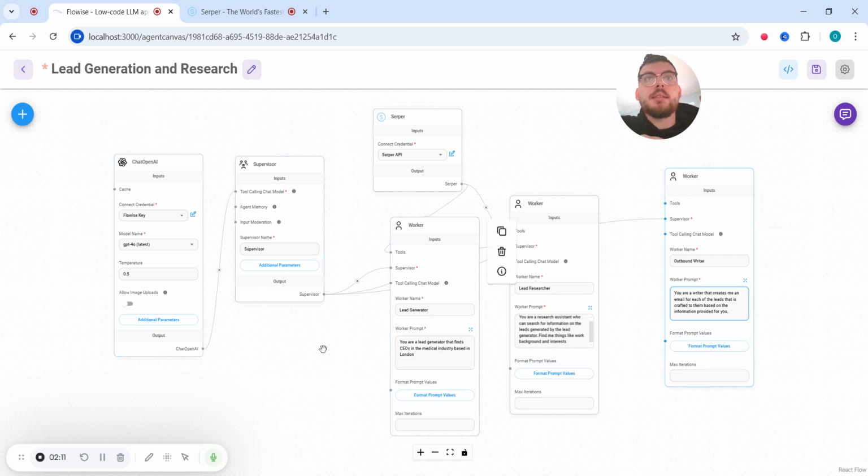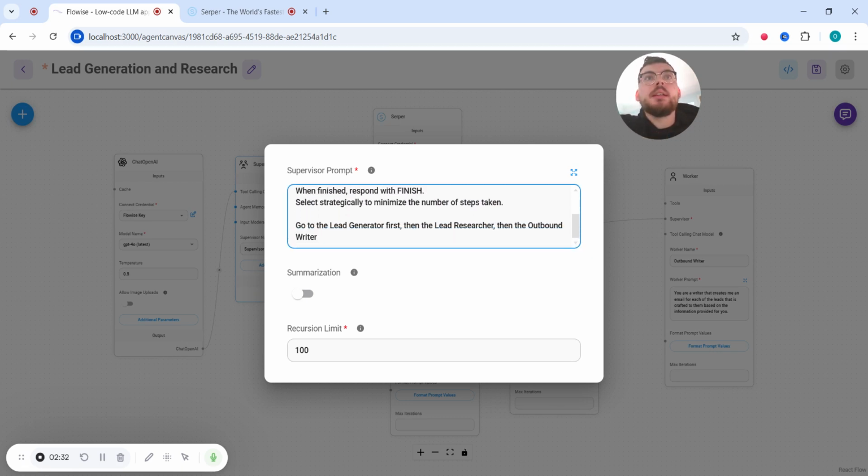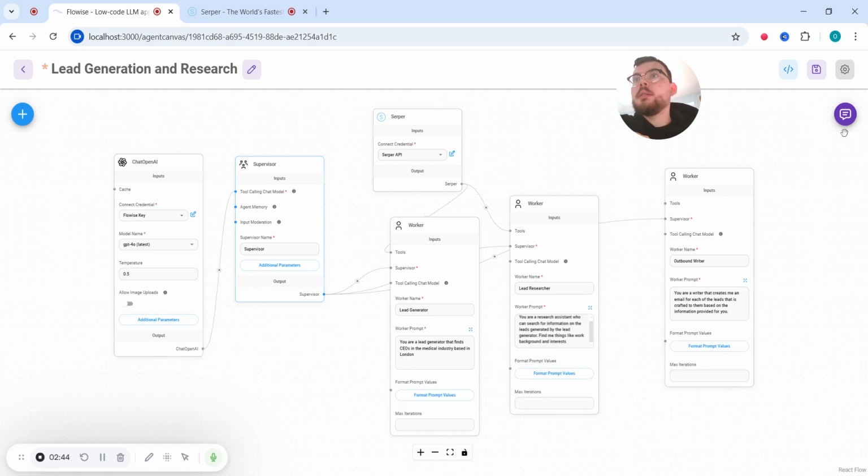You can see from the lines, the supervisor is connected to 3 workers, and then these 2 workers are connected to Serper so they can search the web. And then the supervisor is connected to Chat OpenAI. The only other thing I've had to change, I've had to go to additional parameters and change the prompt a little bit. The prompt is as it was, but I've added the order that it will need to go to each of the workers: the lead generator first, then the lead researcher, then the outbound writer. So if I now run that,